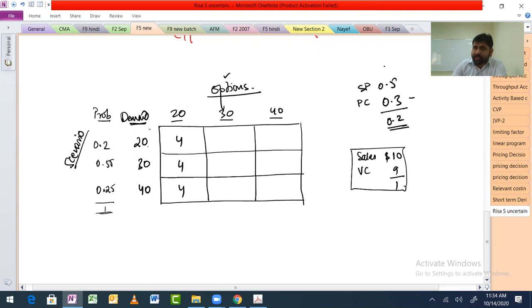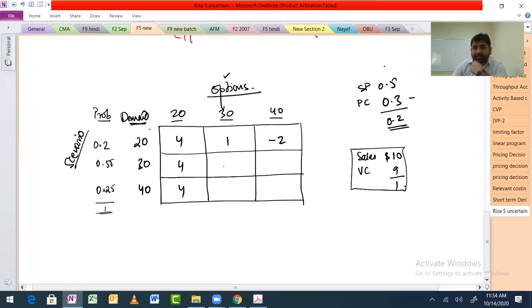You are selling 20 means purchase 20 and sell 20, so keep this aside. $4 done. And on the extra 10 purchases, I'll be making a $3 loss, so I'll be left with $1 profit. Similarly, here I'm buying 40 and selling only 20. On 20 sold, I'm making a profit of 4, and on the 20 extra which I'm buying, I'm making a loss of 6. So 4 minus 6 is minus 2.